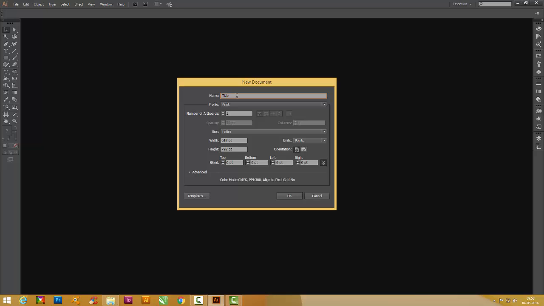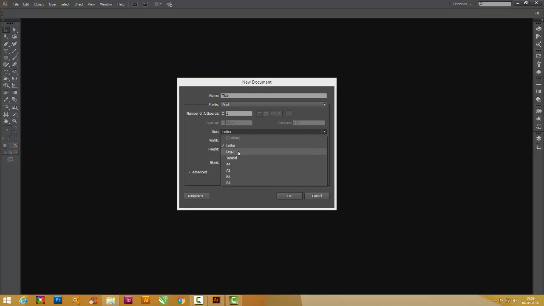Next, here you have got something called profile. Under profile you have got different options, and under each profile you have got varied sizes with predefined settings. When you choose the print profile, you get these 7 options: letter, legal, tabloid, A4, A3, B5, B4.